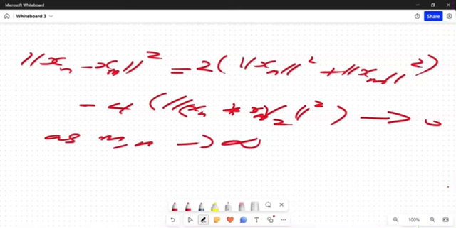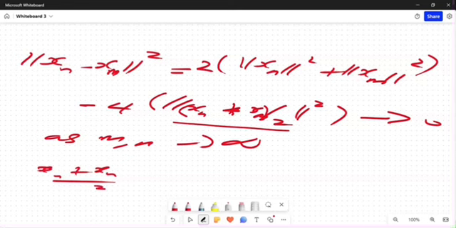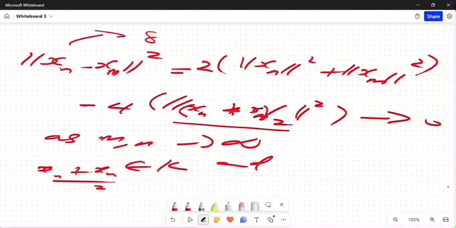Why? Because these are objects in K. (x_n plus x_m) over 2 are in K. And I'm sure you recall how x_n is defined: the norm of x_n tends to delta. So you now have that the norm of